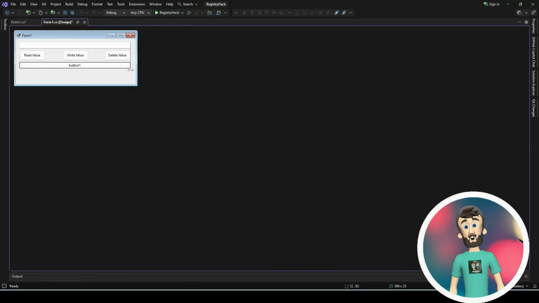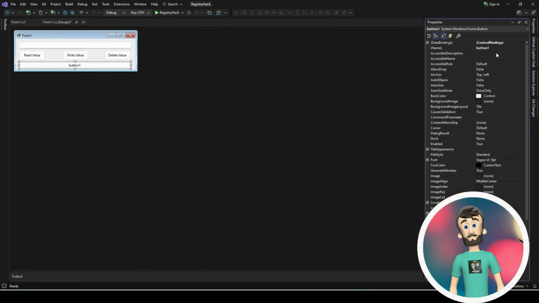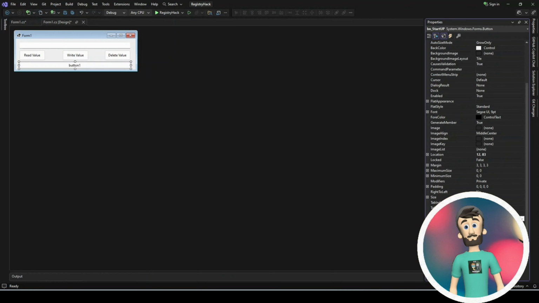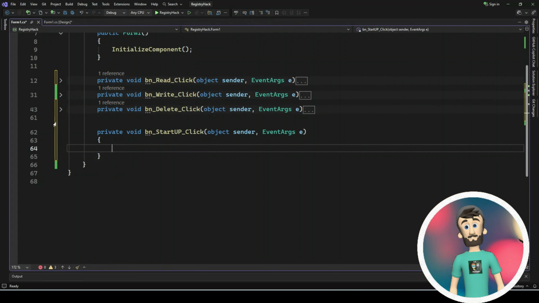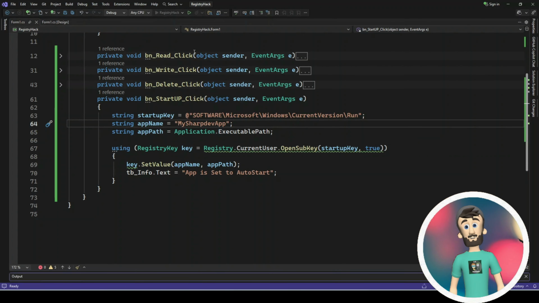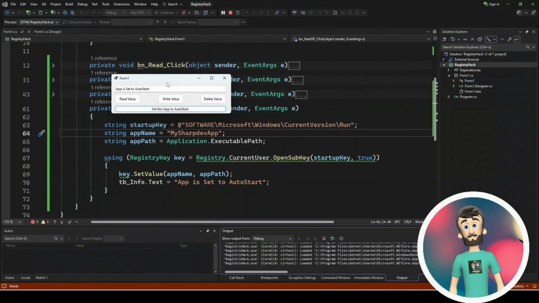Now here is a little bonus that I know you are going to love. I teased this in the series intro and now you can actually do it yourself. Want to make your app launch every time Windows starts? Here is the exact registry key that controls that. That is it. That single